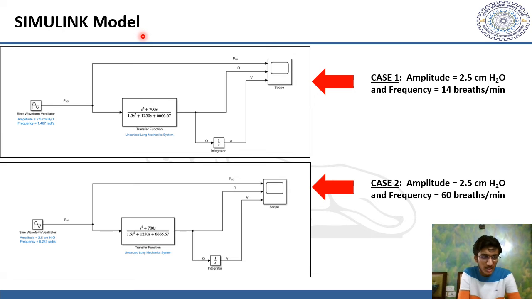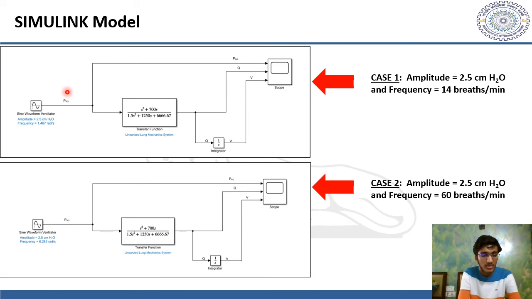For a simplified analysis, we consider sinusoidal forcing of the airway opening pressure, PAO, and therefore we consider the case of a sine waveform ventilator. We fix the amplitude of this ventilator at 2.5 centimeter H2O, and we analyze the